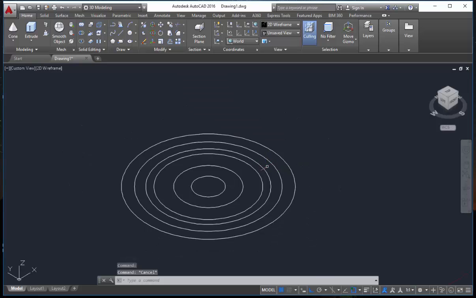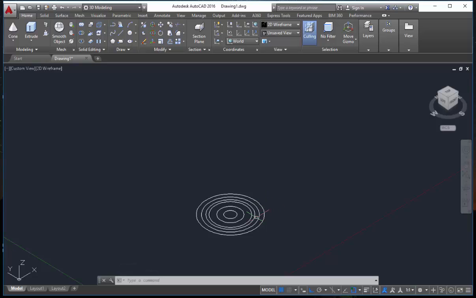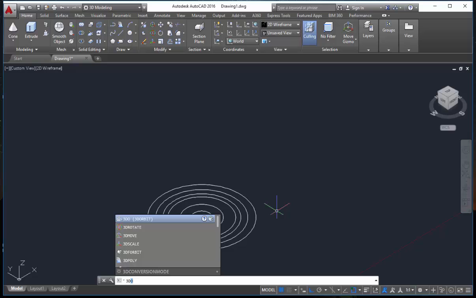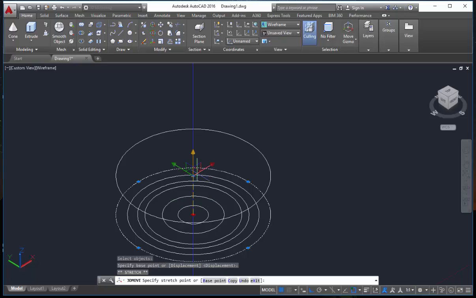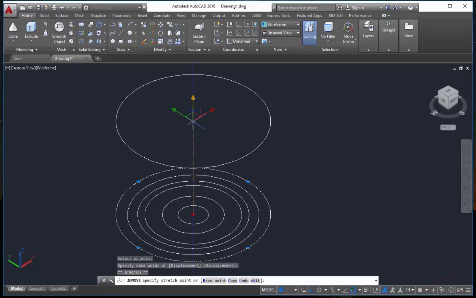Now using 3D move, I'm going to move these circles and give the height, because they are all in a single plane. The shortcut for 3D move is 3DM, enter. So this is the base of it. Next comes the body of it, so I'll click this and move it some distance in height.